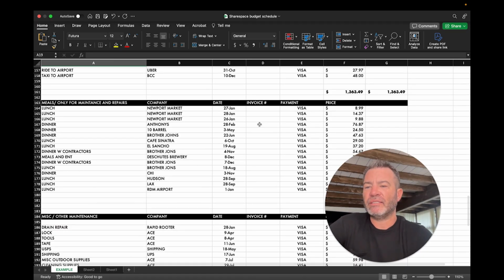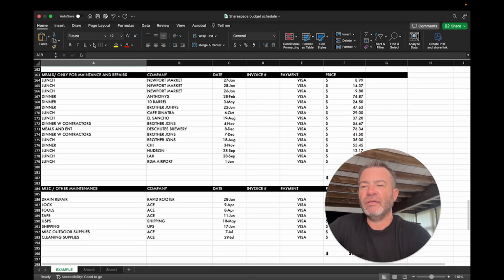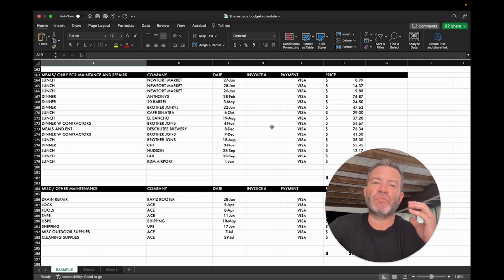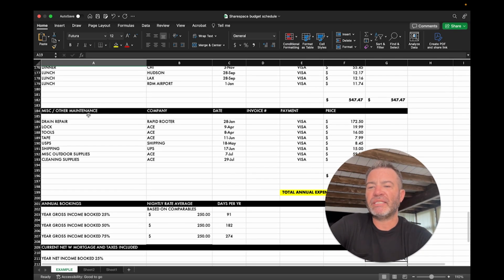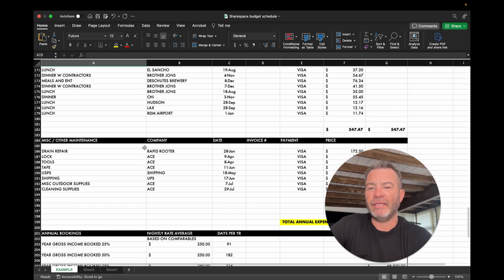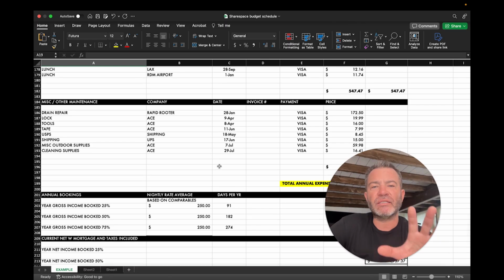And same thing here. This is meals and, again, only for maintenance and repairs. Okay, so this is not for vacations. This is when you have to actually go to your property and fix it because there's a problem, or an annual show up, if it's full-time and you're just never there and we just went through winter and you want to make sure everything's good. And then there's just miscellaneous. So there's always miscellaneous, and this can just be anything, just small little stuff, but it all has to be